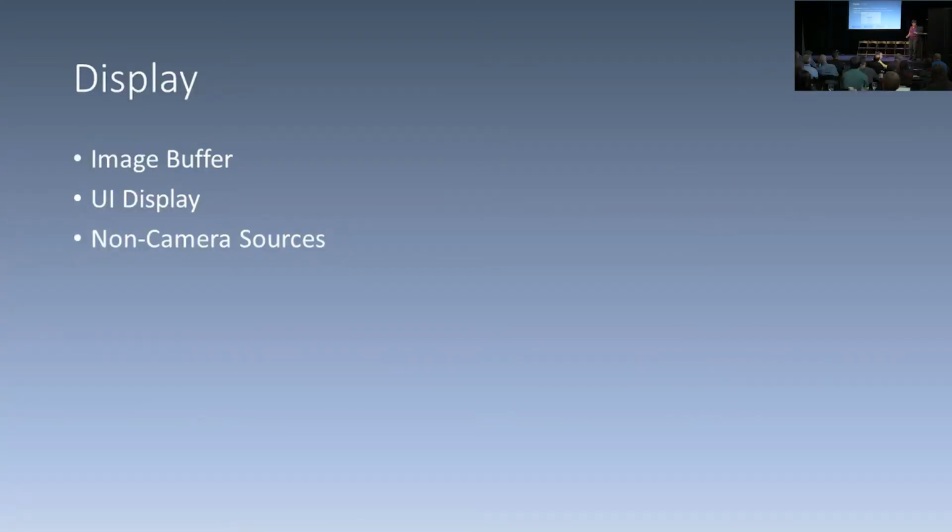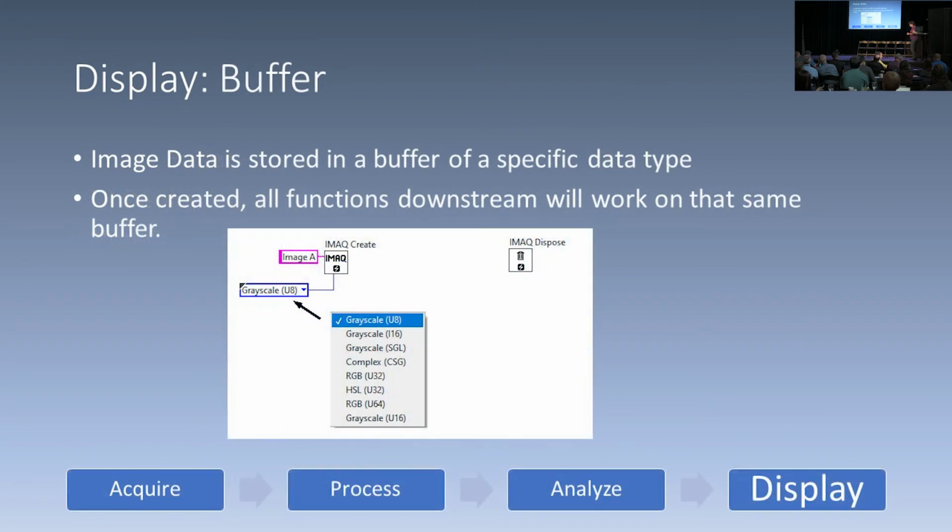So when you're using image processing in LabVIEW, you're going to create an image, and basically it's an image buffer. You create it, you set up the type that you want, and any functions that you use are going to reuse that buffer, or you can potentially reuse that buffer until you dispose of it at the end of your project. What this means is that there are some funky things you have to worry about